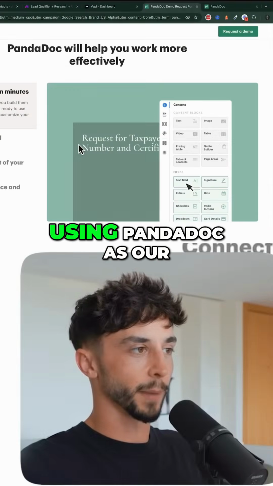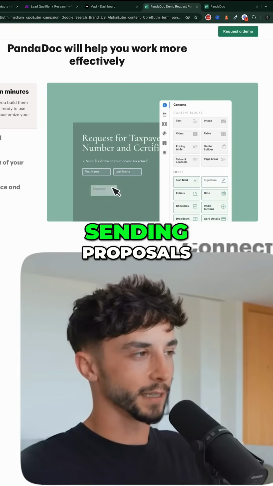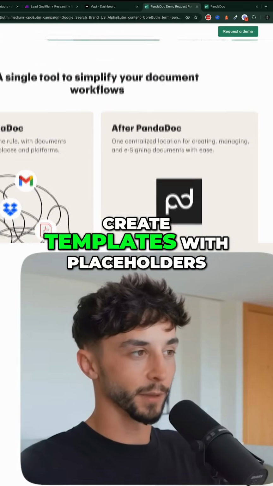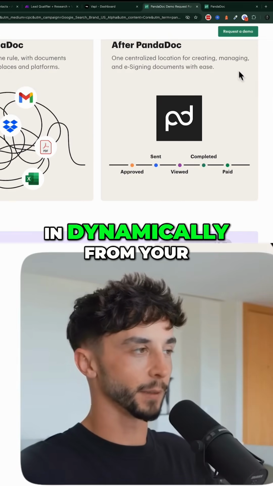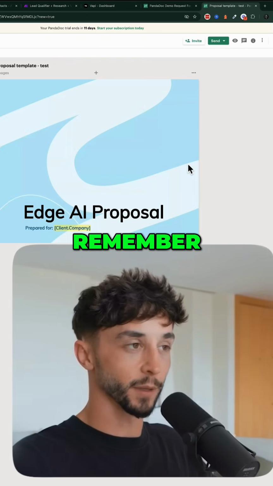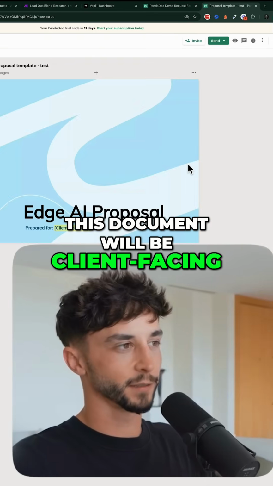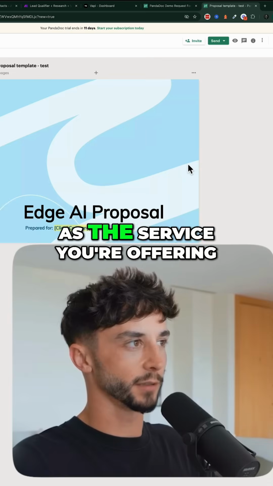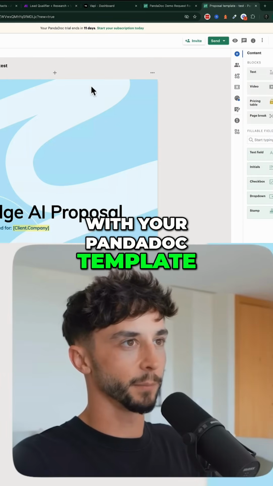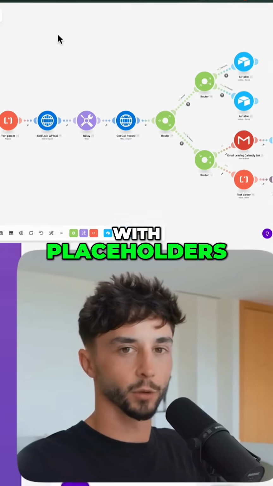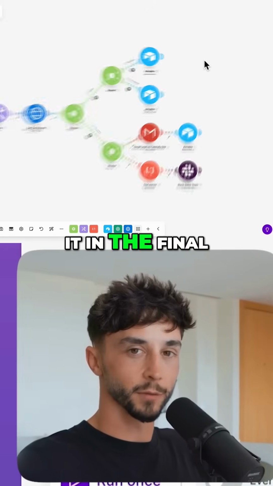We're going to be using PandaDoc as our tool for creating and sending proposals. It allows you to create templates with placeholders that can be filled in dynamically from your automation workflows. Remember, this document will be client-facing, so make it look and feel as professional as the service you're offering. With your PandaDoc template ready and tokenized correctly with placeholders, we're ready to include it in the final sequence of